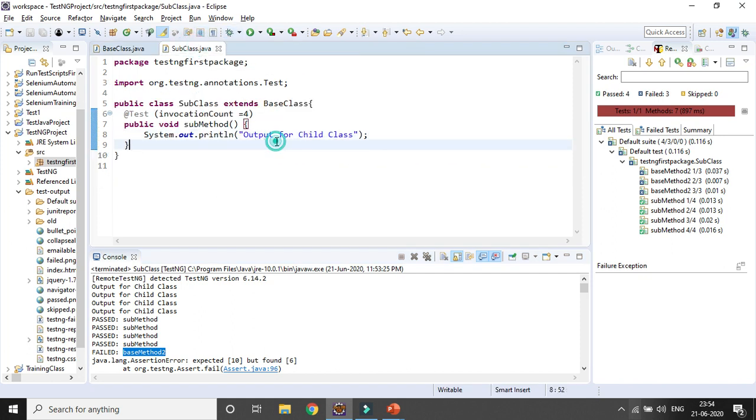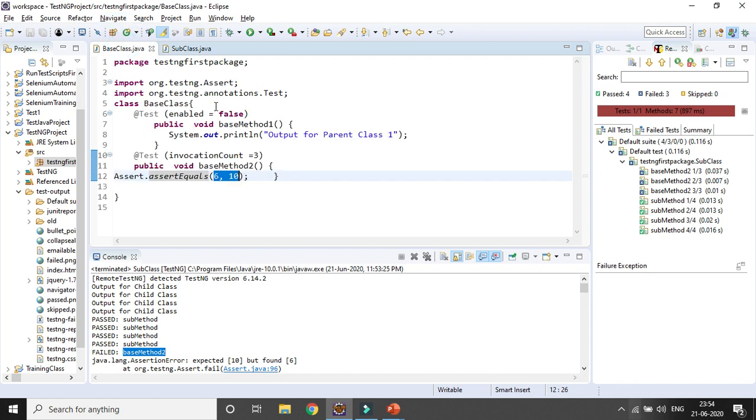So that's why you can use a subclass which extends the base class or parent class properties. In case you simply want to use all the parent class properties or methods, you have to extend it, so that when you run the child class, all the properties which are not private, that is public, will be executed for the child class as well. So that's why you can use the base or parent class.